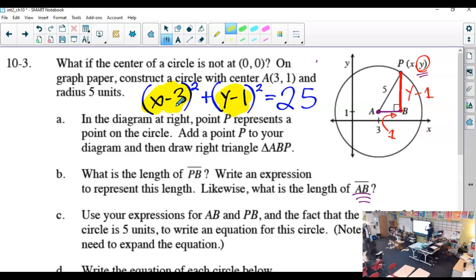Imagine we grab the circle and move it so the center, A, is here. Effectively, what we're doing when we do the math of the lengths, or any of the circle math, is we're fixing it. We're saying, oh, well, we would just be length Y, but we're 1 off, so let's take 1 away. We would just be length X, but we're 3 away from the axis, so take 3 away. So really, this is showing how you're taking that outside point, and as long as it's a right triangle that matches the things, that 1 point